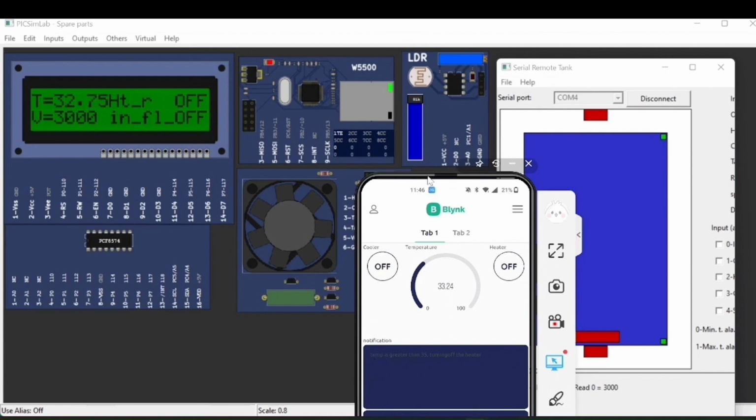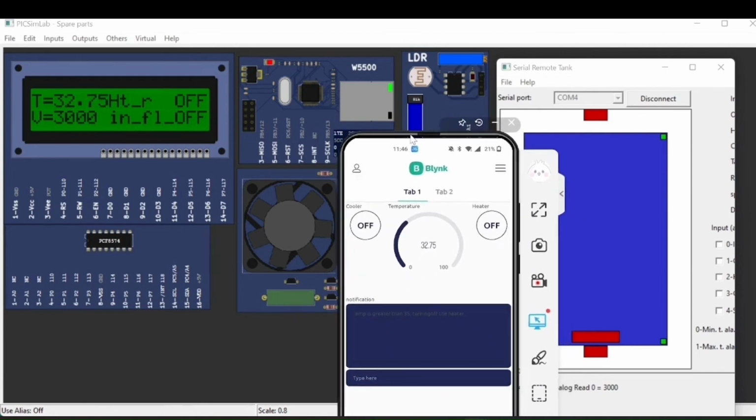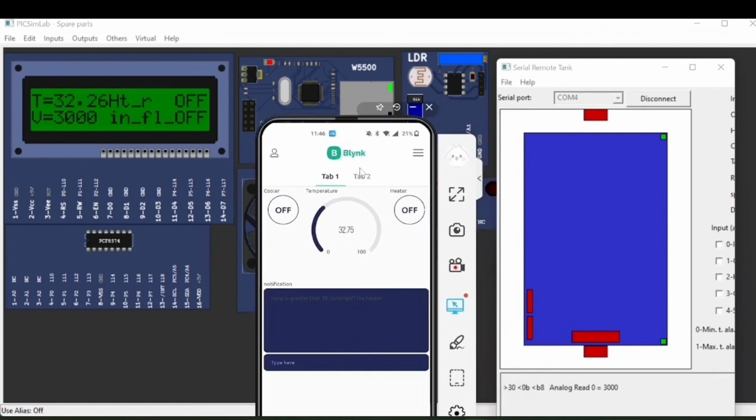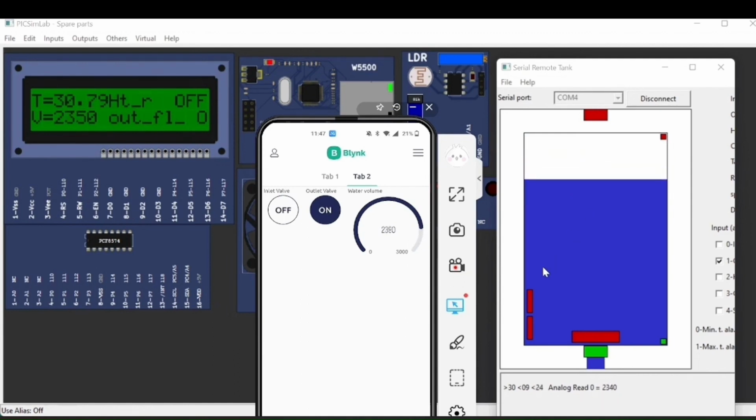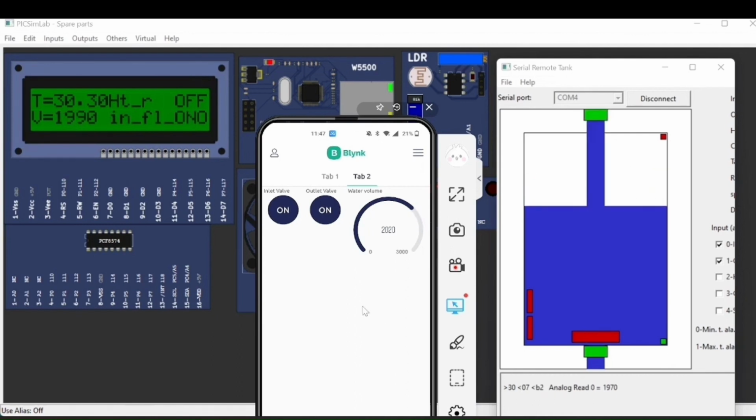Then you can see the water tank is full, and when we turn it on, the water is decreasing gradually. So we can see the decrease on the screen. When the inlet valve is on, it stops the reading in tab 2. So you can see here,